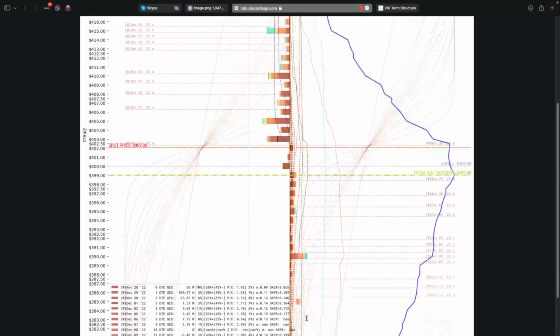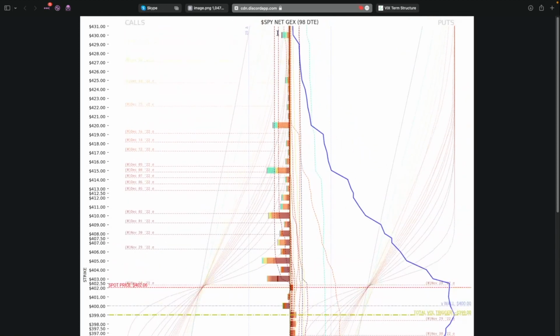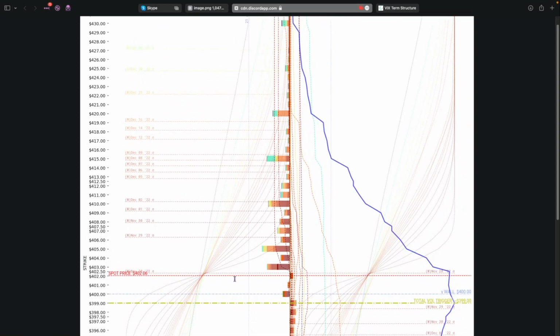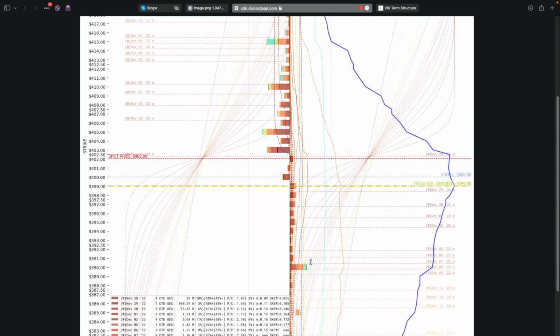And when I think about positioning for the longer term, I'll look out at these sigmas and these delta hedging curves. This is what's nice about these net GEX charts. We have all the different expiries on here, so you can start to look out even further. Of course, you should check in every once in a while, because this landscape can change pretty dramatically, especially lately. And that's the thing about looking at it over time too.